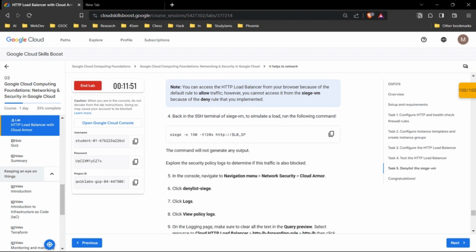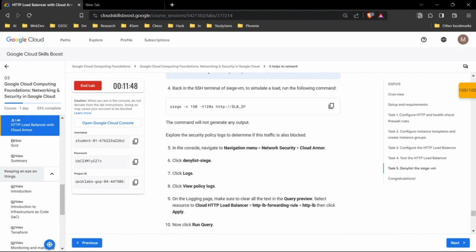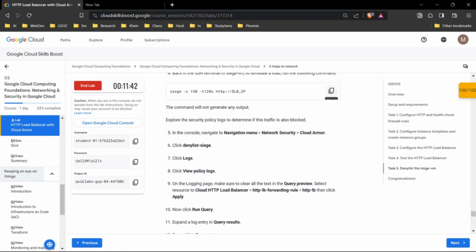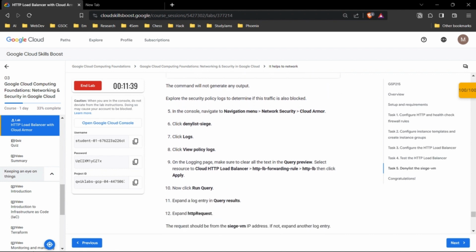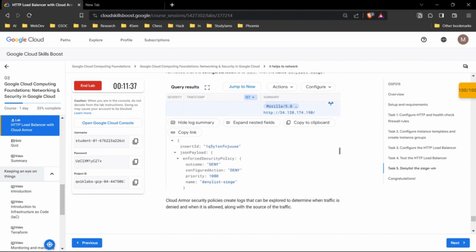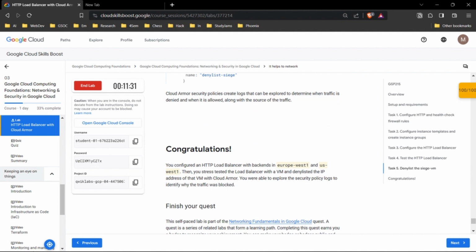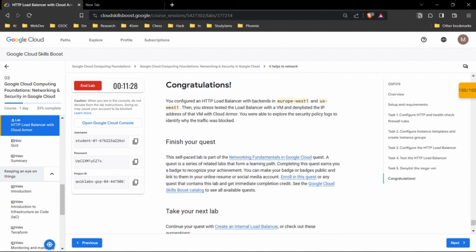But okay, so nothing is such. There's another command that will simulate the load. तो ठीक है, I can run all these commands and then मुझे एक ऐसा JSON दिखाई देगा. So, all right, that this was a network and security lab, and I hope you guys